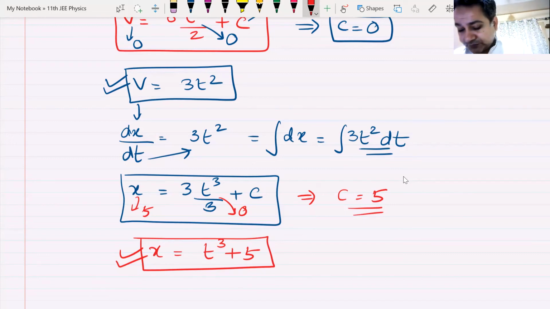Please solve your solved examples today. Solve them up, solve your DPPs, and we'll start with a fresh note in the next class. If you have any doubts, you can put it on the Telegram group. I have given you some questions, simple questions. I'll share the whiteboard, beta, don't worry. I've saved it, it's there. Doesn't matter whether I get disconnected or not, it is always there with me.